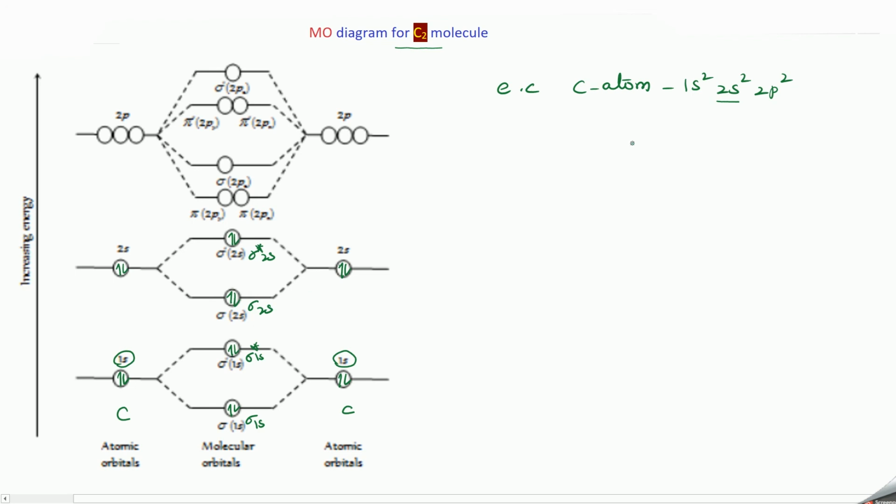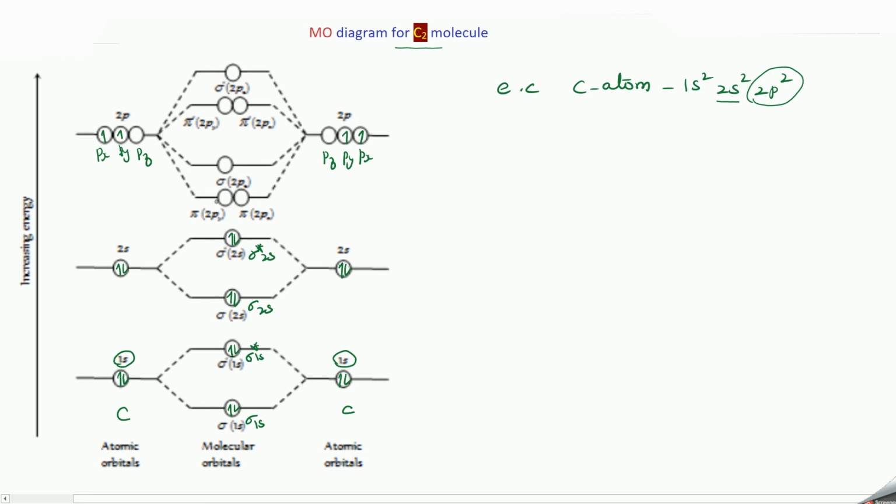Now next we have the 2p orbital with 2 electrons. This is the 2p orbital for this carbon where you have px, py and pz orbitals, and px and py have 1 electron each. Similarly, these are the p orbitals for the other carbon, where px and py will have 1 electron each. These 2p orbitals will mix to form 6 molecular orbitals. We have 6 atomic orbitals, so we are getting 6 molecular orbitals.